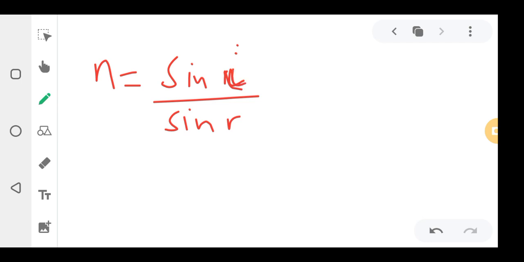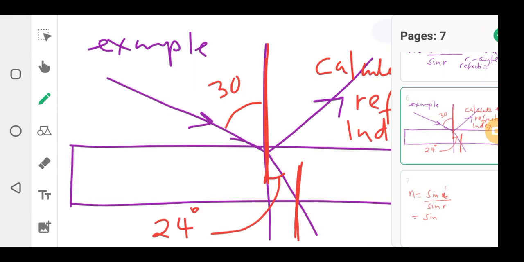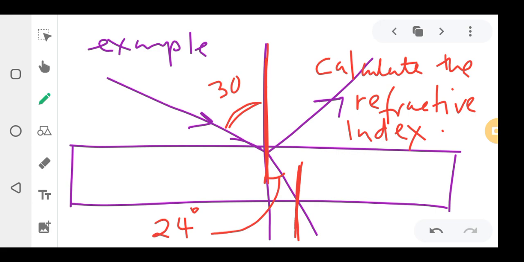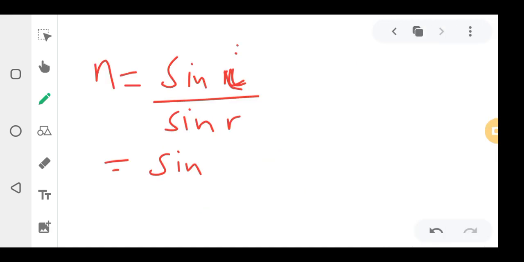This is I, in case you don't know. So n is equal to sine of the incidence angle. Which angle is the incidence angle? The one that is near the normal. Which one is near the normal? This one, the one that is attached to the normal. That's the one you pick. So the incidence angle is 30 degrees, the one that is next to the normal. You put sine 30 degrees over sine